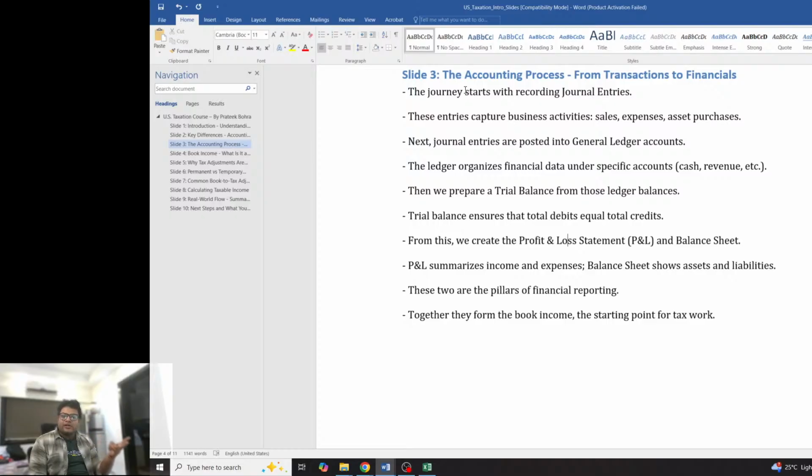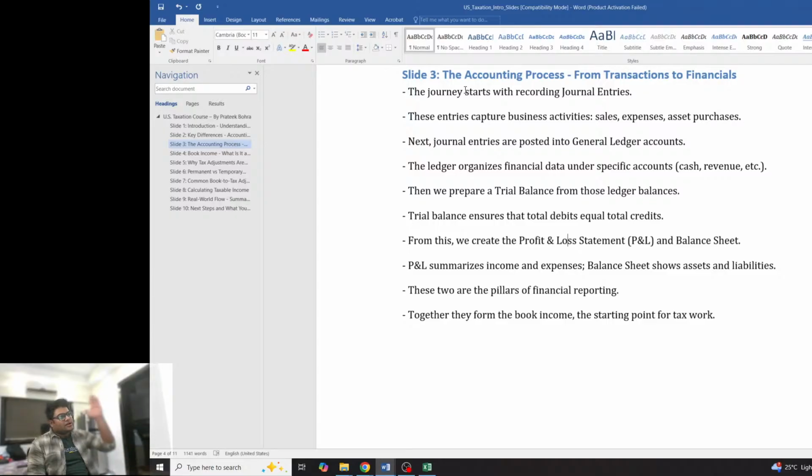There's something called debit and credit, and three rules of accounting that we will discuss. But understand this point for now, that every general entry is going to have two sides. One side is going to increase, and the other side might be an increase or a decrease. So when all those general ledgers in which both sides have been updated are posted into the trial balance, the net balance of the trial balance will always remain zero.